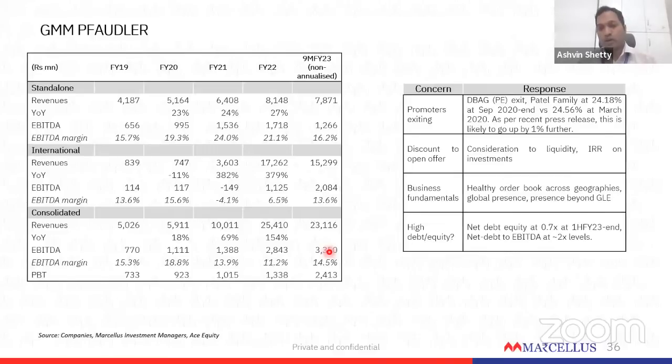Also, they had one order which was to be dispatched from UK to China, but didn't get clearance from the UK government. So there is a kind of conservative one-time hit taken by the company related to that. So if you strip out that exceptional item, I think the operational numbers were pretty strong, double-digit growth. Only one maybe weak point in the result was that the order inflow, specifically for the third quarter, was down compared